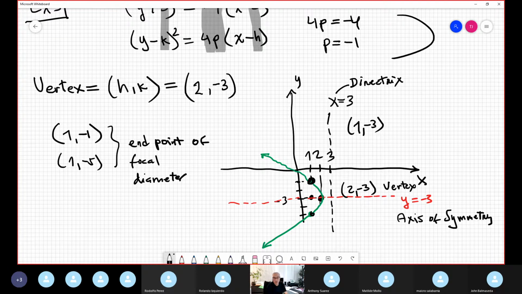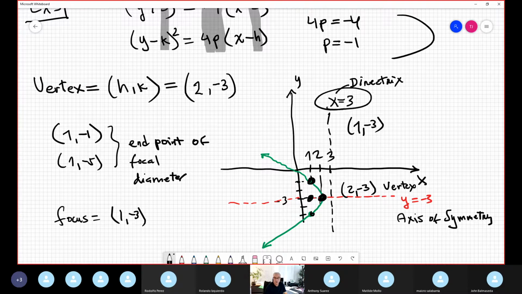Okay, entonces we forgot something. Vertex here. Focus here. What is the focus? I forgot the focus. The focus was located at the point 1 comma negative 3, no? Yeah. One more piece of information we need,